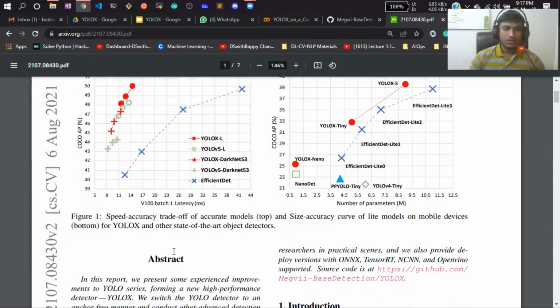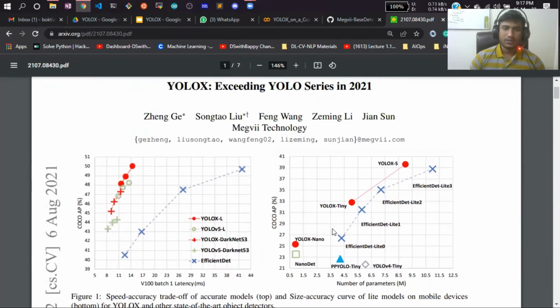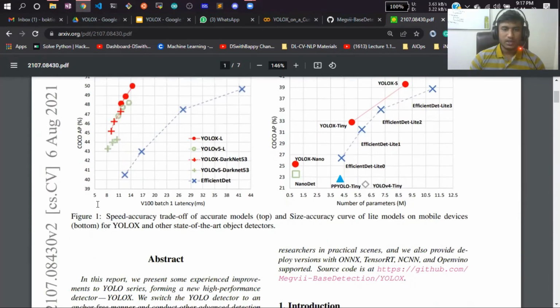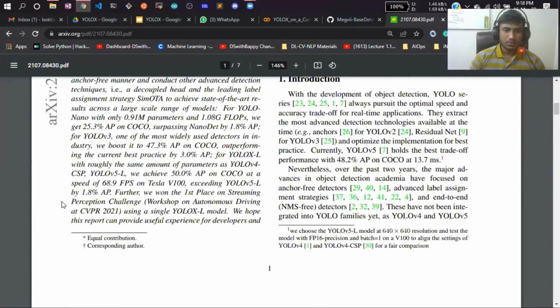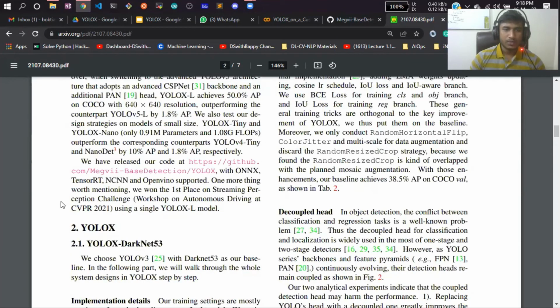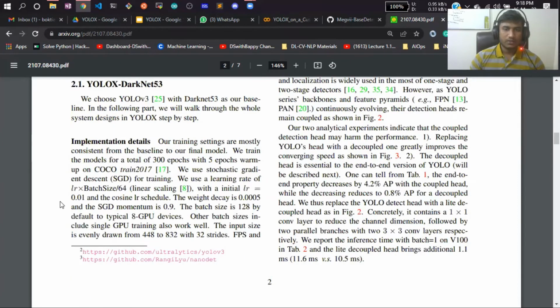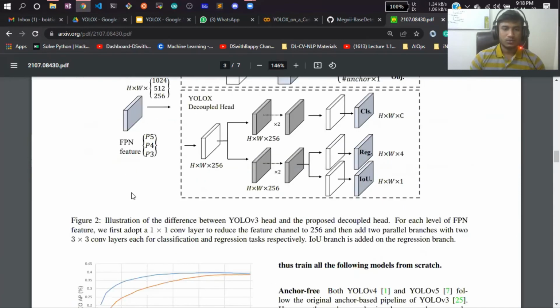And if you see the speed and accuracy, it is quite good. It will give quite good results. And if you want to apply object detection, you can easily use that. And you can go through the paper. They have written each and everything. So if you want to deep dive and know more, okay, so see, this is the